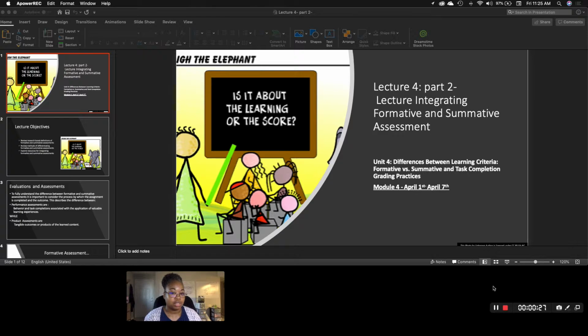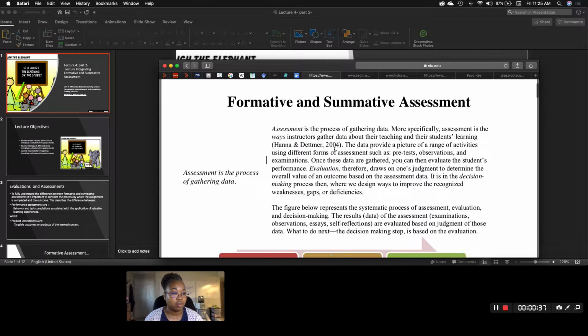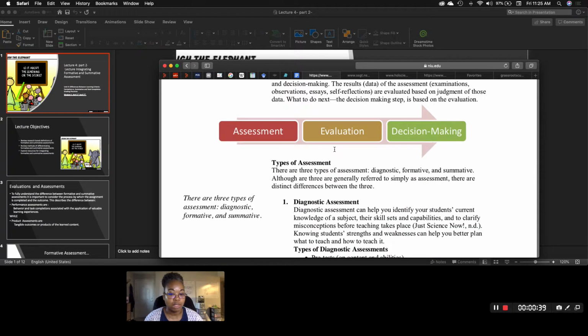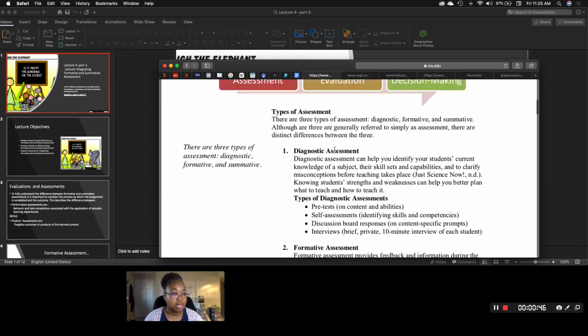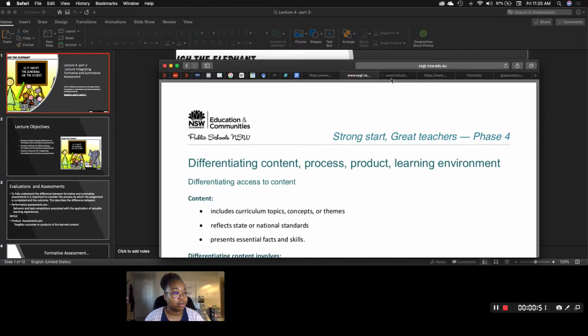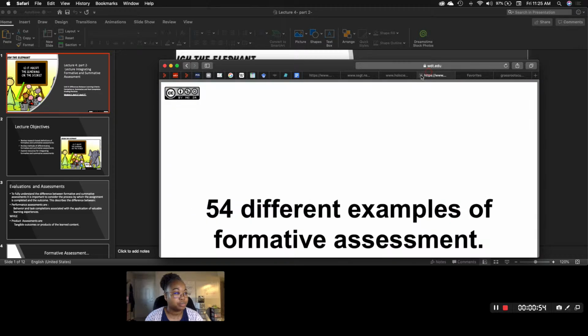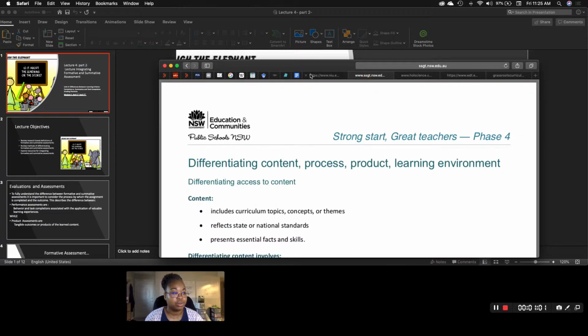So within this module, you have a couple of things that you could have used. The first thing was this article, which is very brief. I wanted to make it brief because obviously you're working on your midterm. And hopefully you read through this and got some different pointers. The other resources here are noted. So we'll go through some of those during